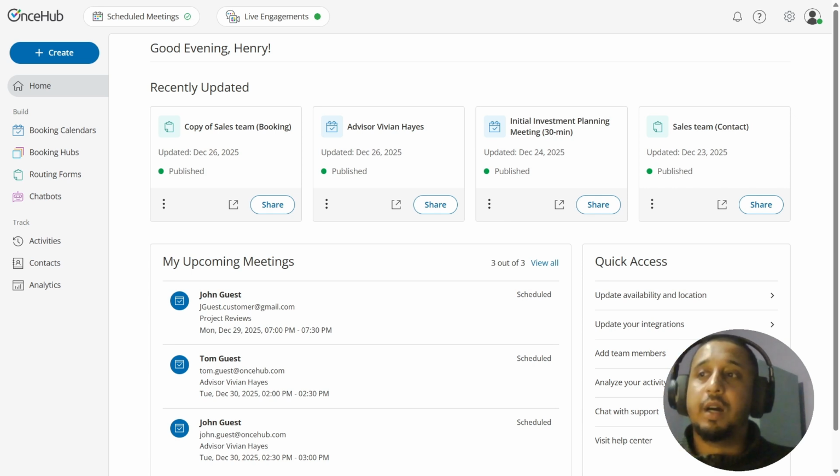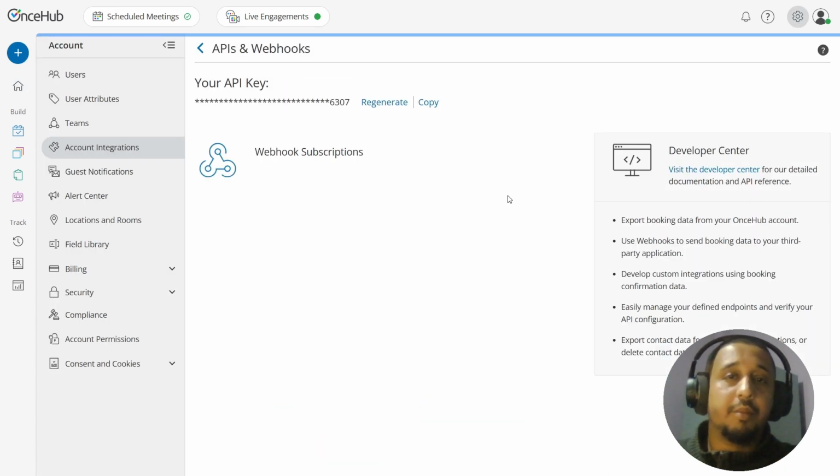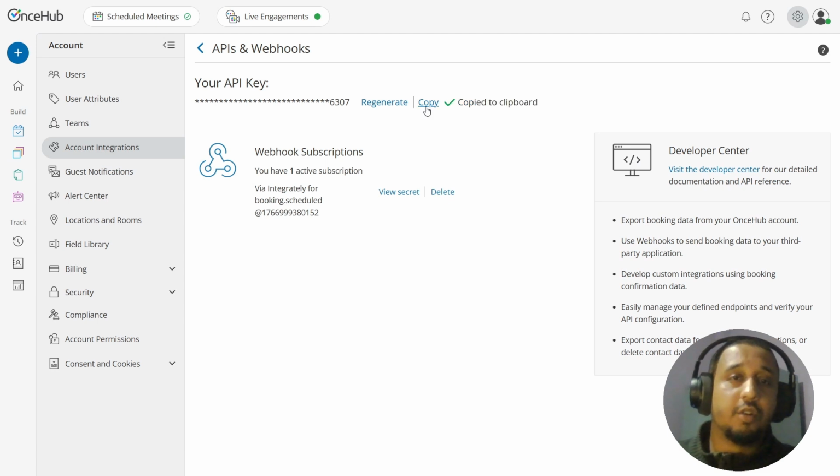This gives your clients a more personalized experience while scheduling. So let's get started. To begin, let's head over to the account integration section, APIs and webhooks, and copy our